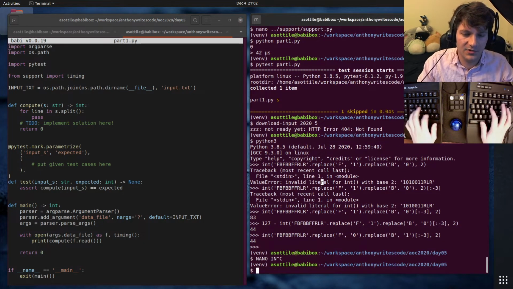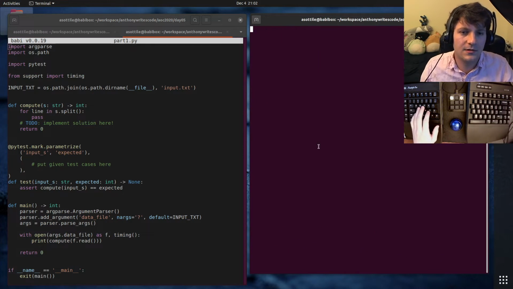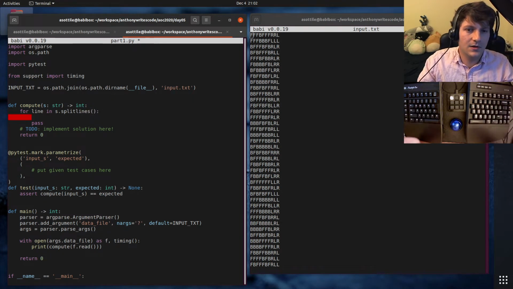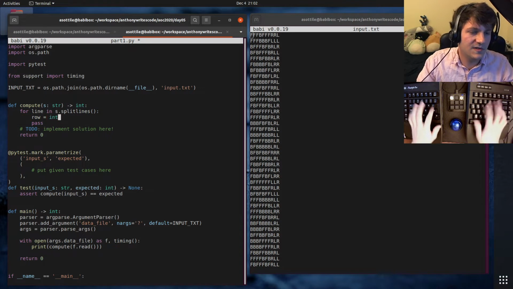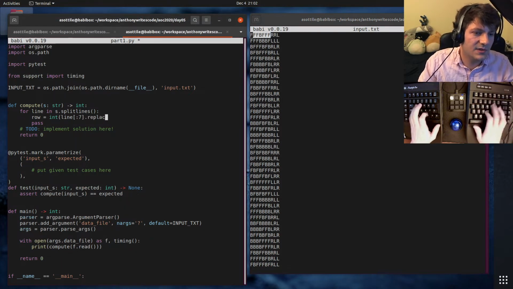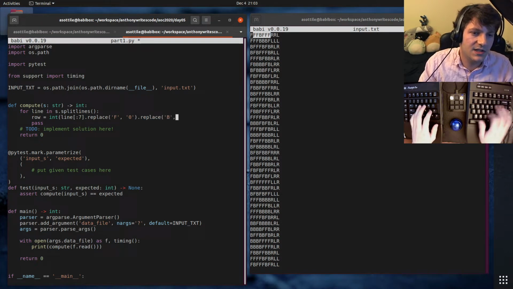So let's actually look at what our input looks like. Okay, it's just a bunch of numbers. For line in s.splitlines, row equals int(line[:7]). 120, yeah, 7. line[:7].replace F with 0, .replace B with 1, base 2.